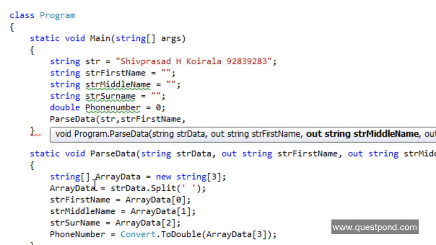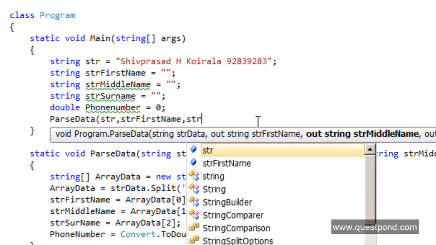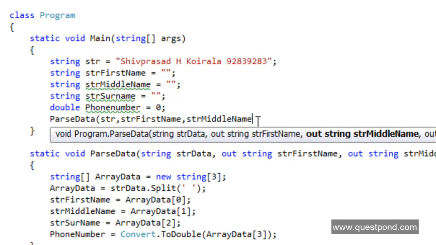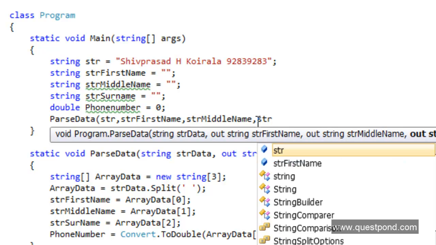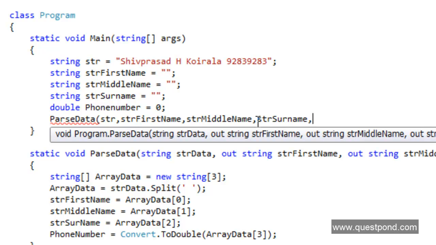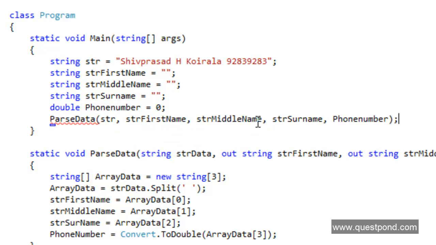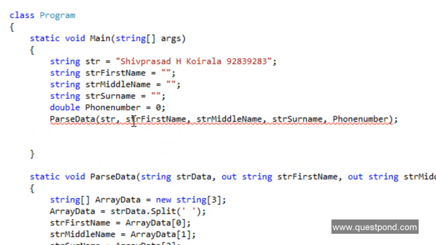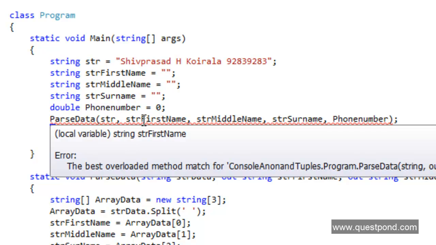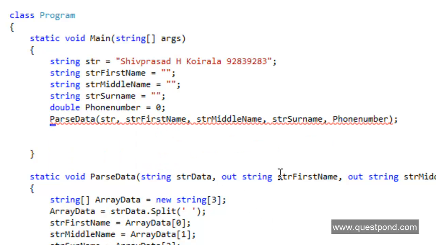Okay, so whatever data we are filling over here will automatically get reflected on the calling function. So I'll say string middle name, string surname and phone number, right? It's showing a red sign here. Why? Because these variables are actually referring to the out variable, so we need to also use the out keyword